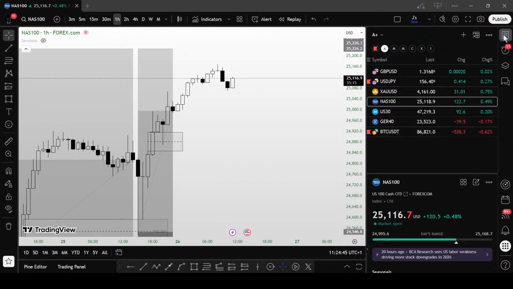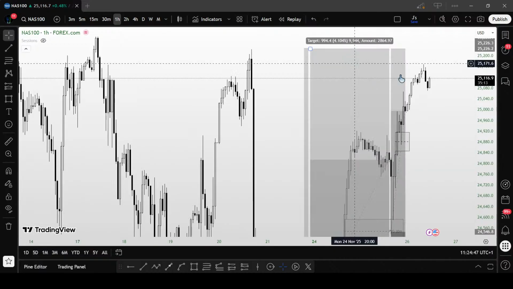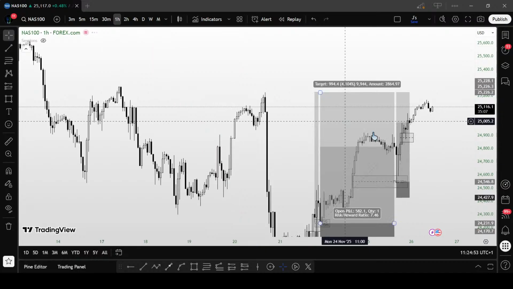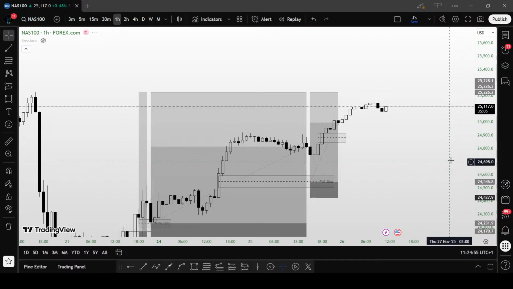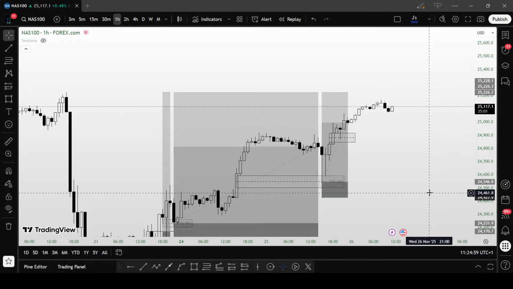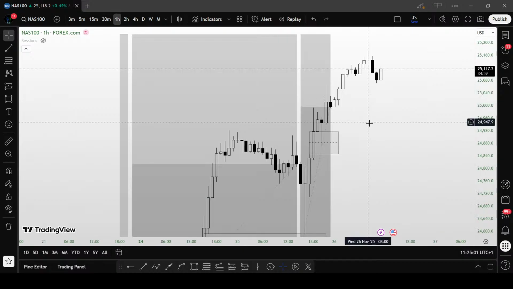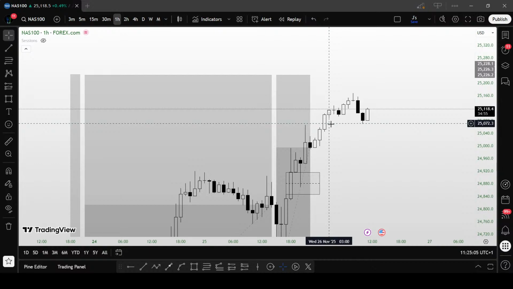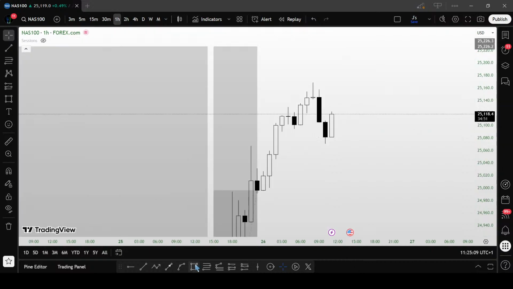I'm still expecting the XY to clear out this high over here. Okay, possibly this high as well, because to me these are like relative equal highs, so I expect the full clearance from them. I don't actually have anything much again on the Nasdaq. Okay, it's not like price is reacting to this particular fair value gap here. Let's see if we can get an idea. Maybe we can even get a little setup on the low time frame to push price to this area.